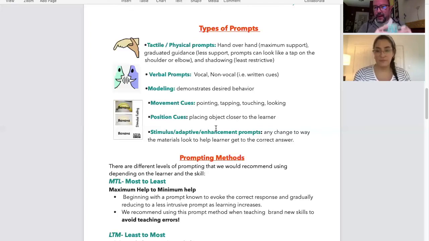That's things like I might move the item a little bit closer if we're doing kind of a selection thing. I might tap or make the cue or the answer a little bit more salient. All these types of things help the learner tune into what the correct answer is. There are also what are known as stimulus, adaptive, or enhancement prompts, and that's anything you can do to